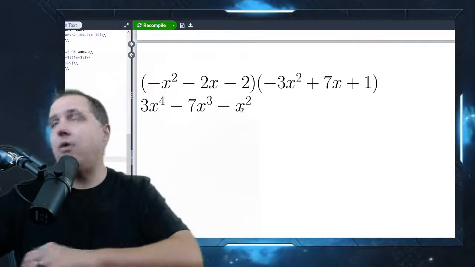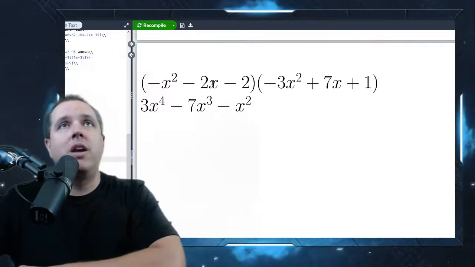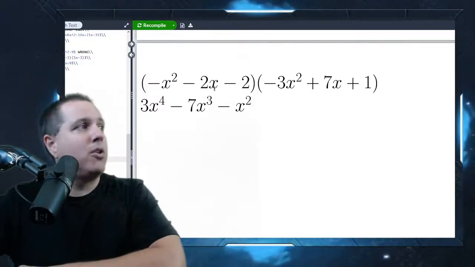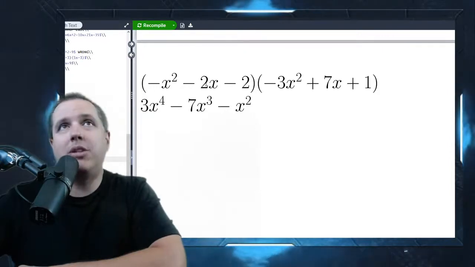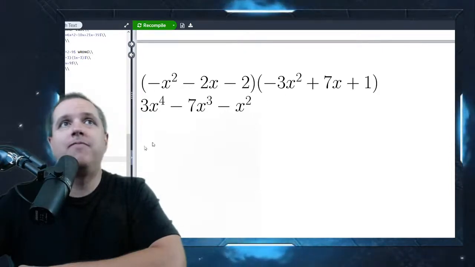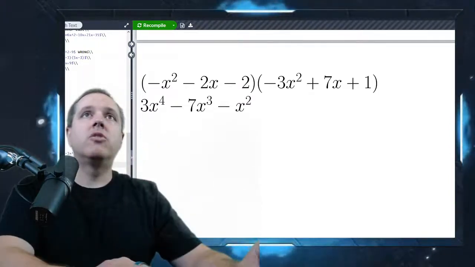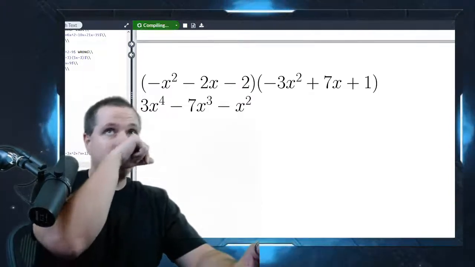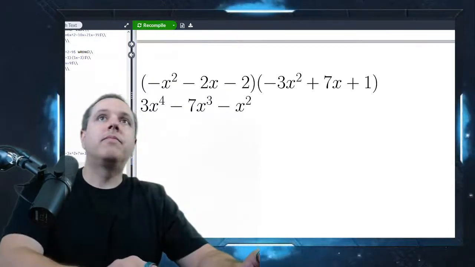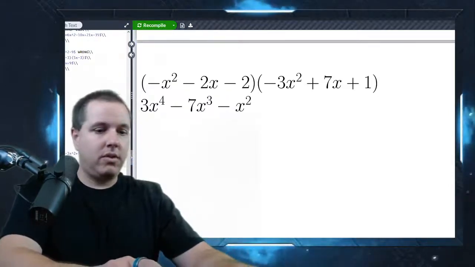Okay, good. Now what I do, I come back and I grab this second term. And I'm going to multiply everything in the second polynomial by this term. So now it's like I'm distributing the negative 2x into here. So let me do that on the second line. So that's going to be,